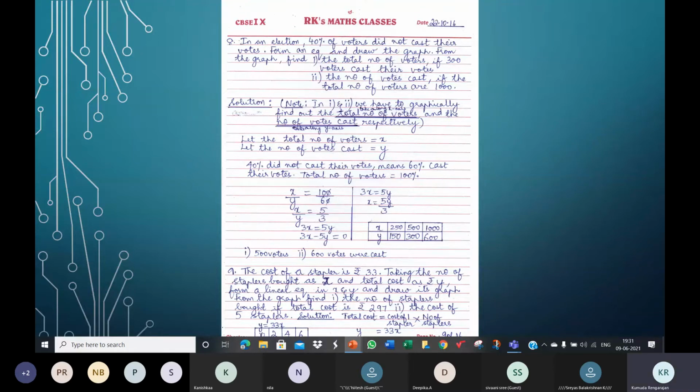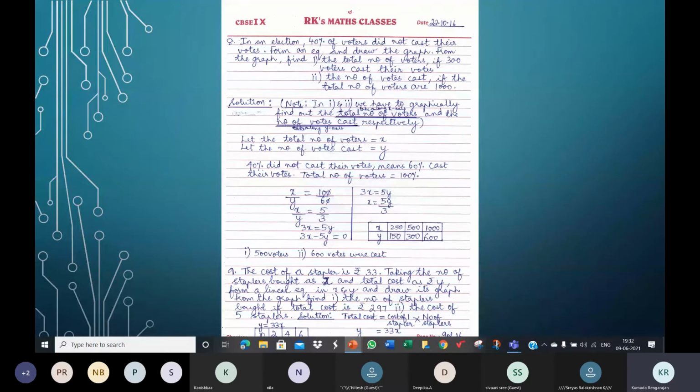So we have only two axes in the Cartesian plane, the x and y axis. We can take one thing along the x-axis and another thing along the y-axis. But when we have three things, like for example when we had speed, distance, and time, we were asked to make the distance-time graph, which means we take distance along the x-axis and time along the y-axis. So here also we have three things.